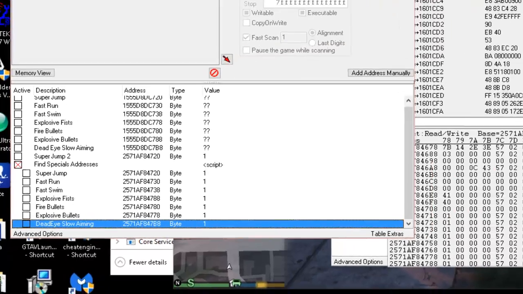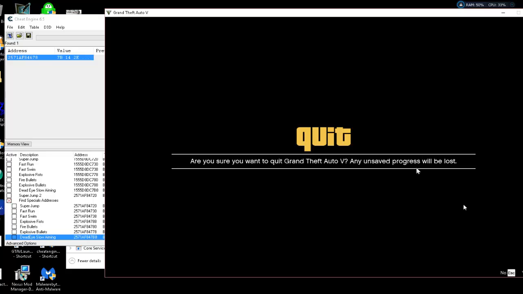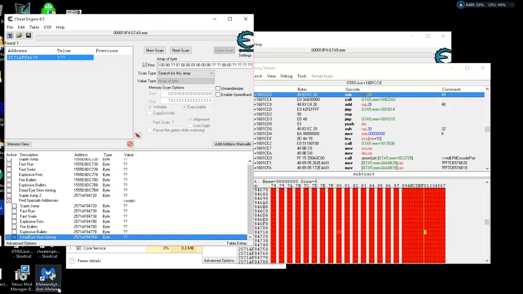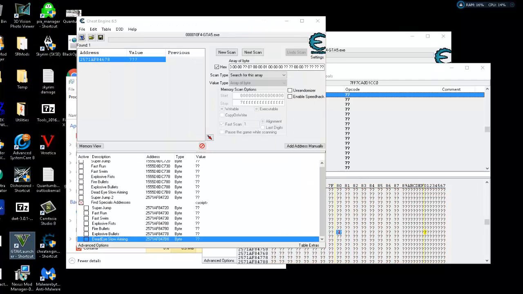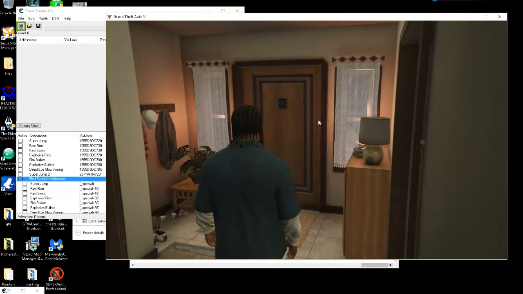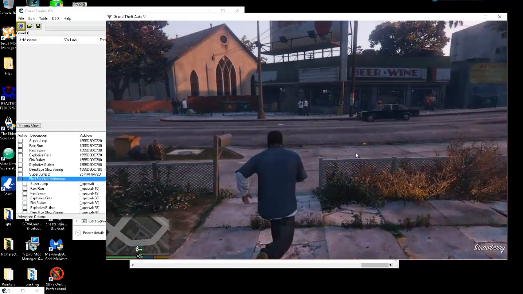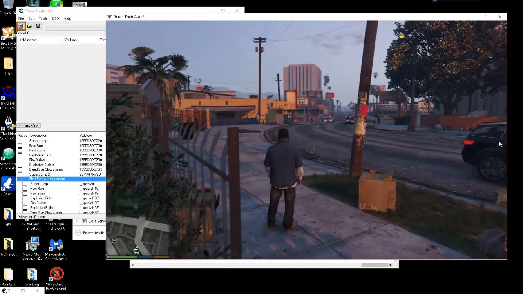Now the real test begins. We need to take the game down, and we need to load the game back up, and it needs to be able to find it again. So that's what I'm going to do. Let me go ahead and bring the game back up, and I'll be right back with you. Okay, I brought the game back up. Now let's go ahead and take Franklin outside here. As you can see, we don't really have any of the codes on. So let's go